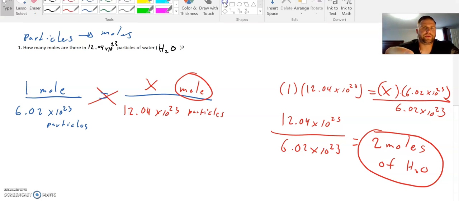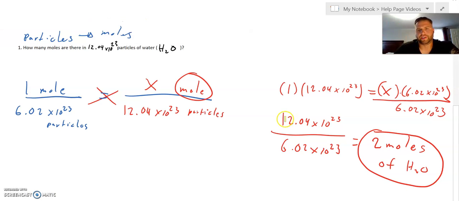Something, again, that you need to be extremely careful with is putting these exponents into your calculator. There's a very specific way to put it in, and you want to consult with your teacher regarding what they think is best. When this calculation goes into your calculator, make sure these specific numbers are put in correctly. As you can see, there's a lot going on with the exponents, and it's very easy to mistake this. But if you do this correctly, the answer you should come up with, again, is 2 moles